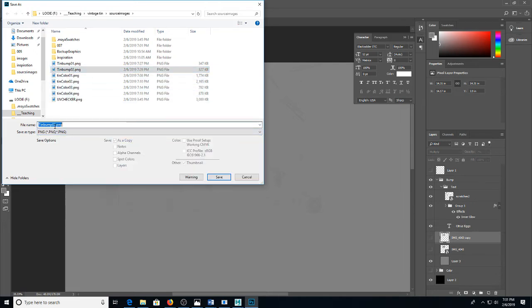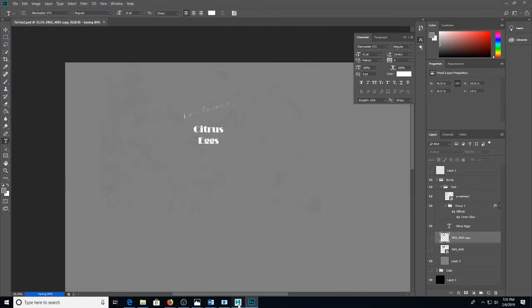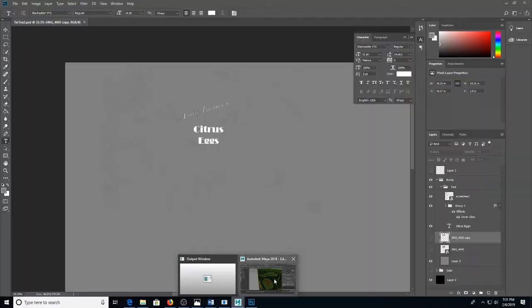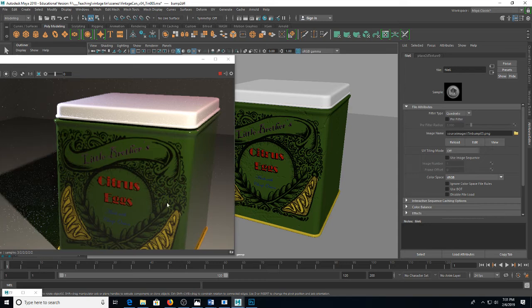So any questions on anything I'm doing so far, while I'm just sort of saving files mindlessly? All right. Questions on how bump maps work, like how Maya reads the grayscales or anything like that? All right then. Cool. So you'll notice when I put that in, it gives me a nice sort of subtle